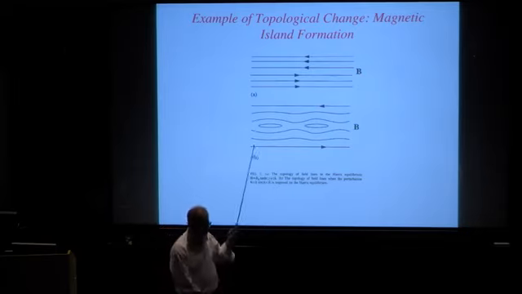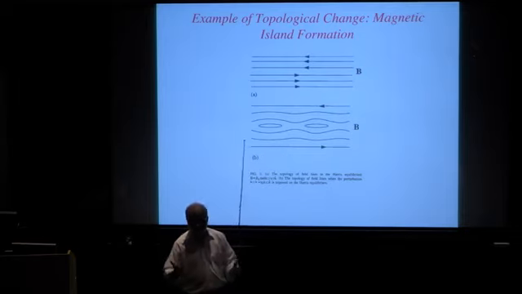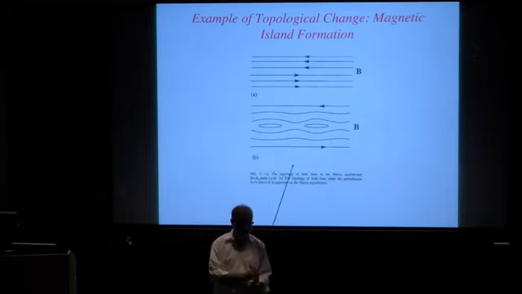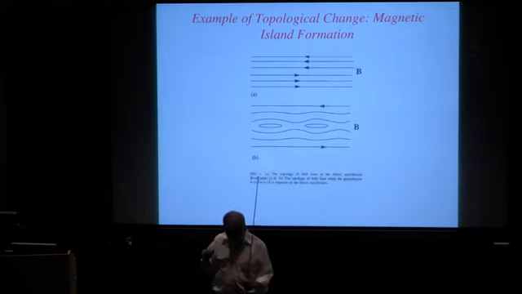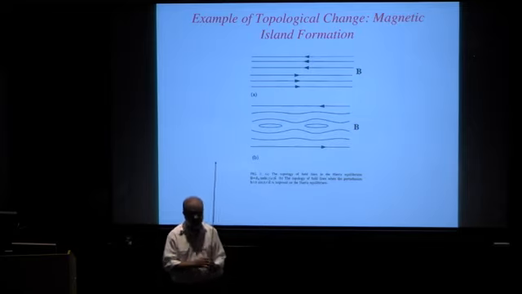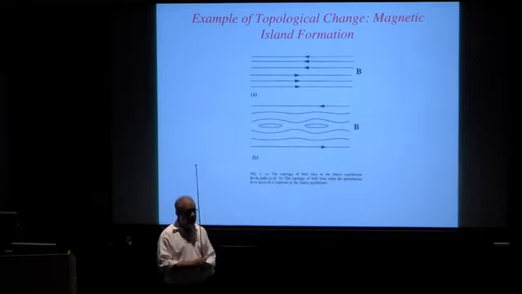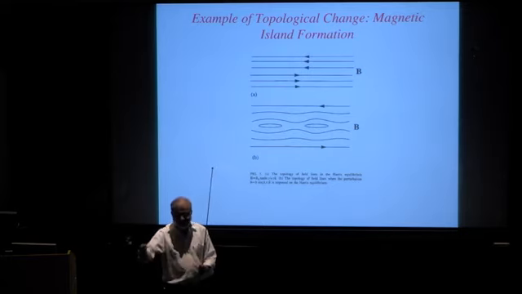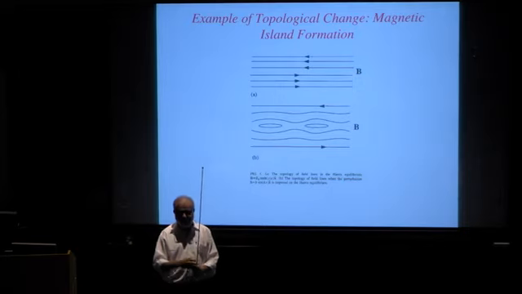So this is a very ubiquitous thing. You look at many simulations and you'll see these islands appear when you're doing a dissipation problem. In fact, the classic work in this area was done by Harold Furth, Marshall Rosenbluth, and John Killeen in a classic paper in the 1960s, where they actually discovered what so-called resistive instabilities were like. And they went through this calculation, and it's a wonderful paper, but very hard to read because they were using boundary layer techniques that are used in hydrodynamics to solve this class of problems.